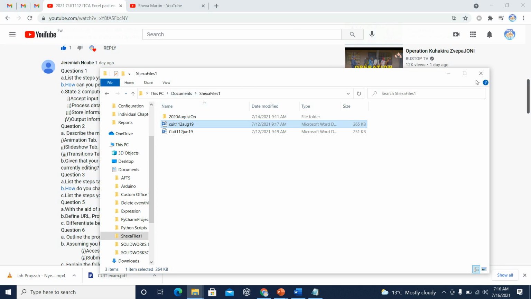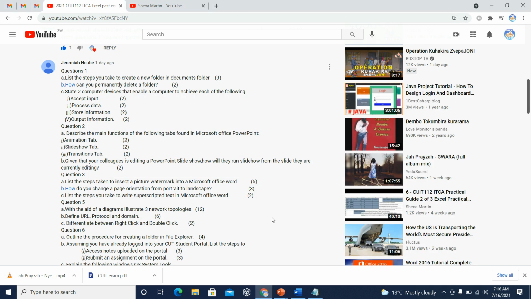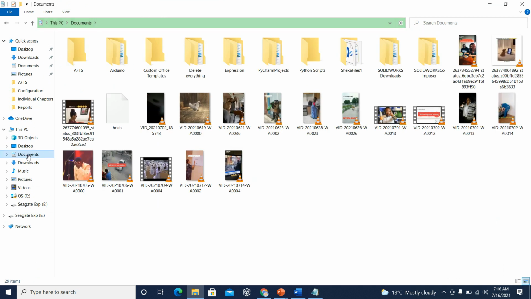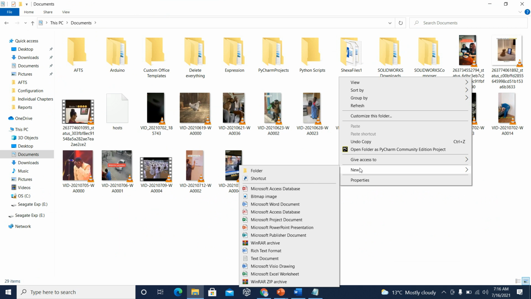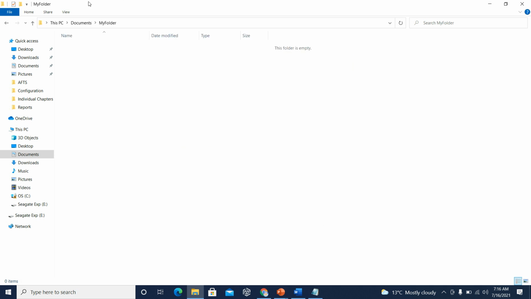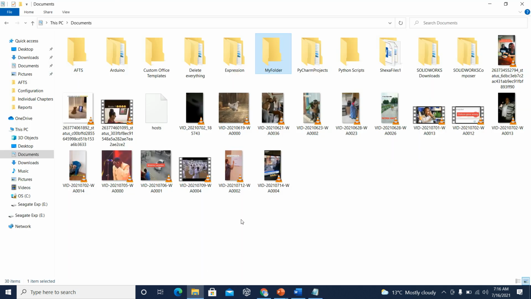So what I'm going to do is create a folder in documents. Let me close all these. You open your file explorer, and then once you open your file explorer, you go to documents, you right click, you say new, you select folder. You have now created a new folder, but you are supposed to give it a name. So let's just say my folder. Right, press enter. You've created a folder here. So that's the question. These are the steps that are required. So what you will be required to do is write how to perform that. You move to documents, you right click, you select new, you click folder, you give a name of the folder,